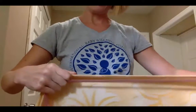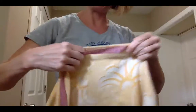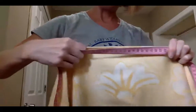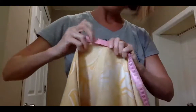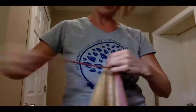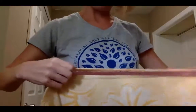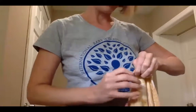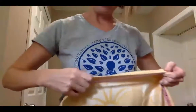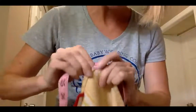Again, hold the tape and pull it along. This wrap is very stretchy, so I want to be careful not to stretch it too much and get an inaccurate measurement here. So I'm pulling it along. To the end, I'm going to take my fingernails and mark that. Pull this back to the beginning of the tape and continue to measure. Again, I pull my fingers in between. Get to the end here, and I have